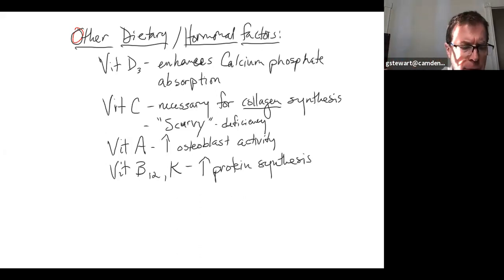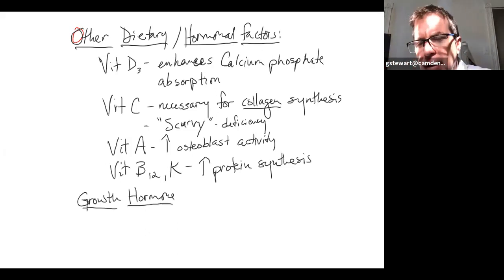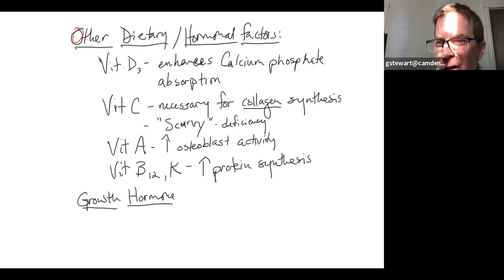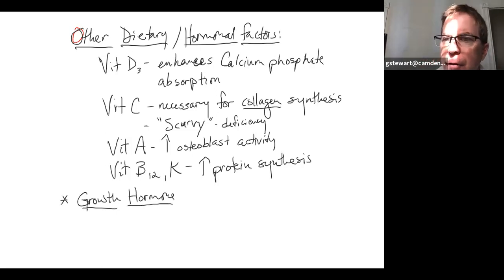And finally, I'm going to talk about two other hormones. I don't have my Marieb textbook at my side at this moment. I know that they mention growth hormone. I forget if they mention really how growth hormone works. This is a hormone that's secreted by the anterior pituitary in the brain. It influences bone growth in children